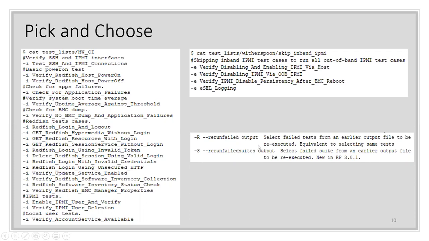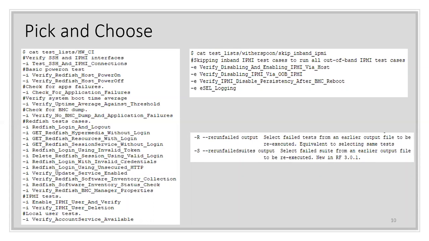Then the other case is, let's say in your continuous test environment, you're running it and you know that after running 1,000 test cases, 40 or 60 have failed. You don't want to go through all of them, but you want to rerun only those 40 out of the 500 test cases that you ran yesterday or some time ago. It gives you this command line option to say, hey,